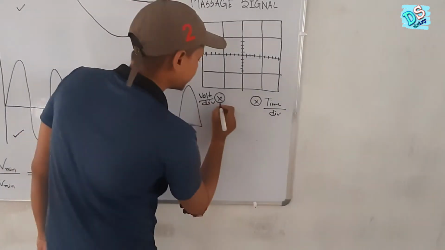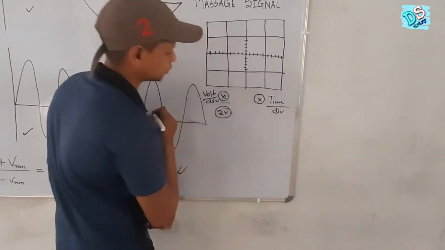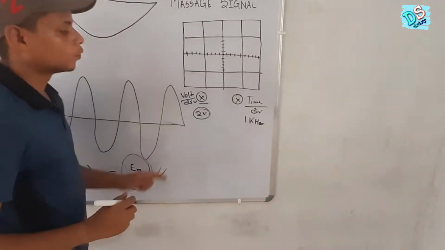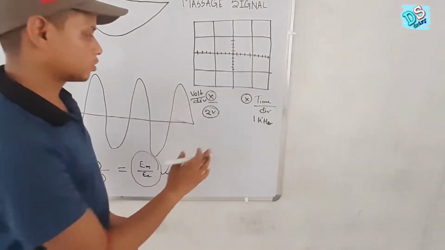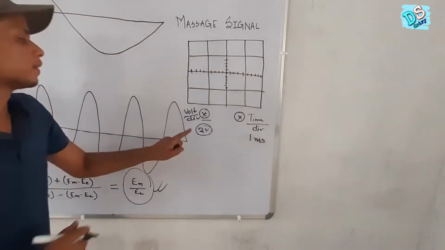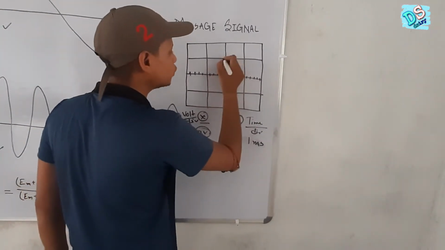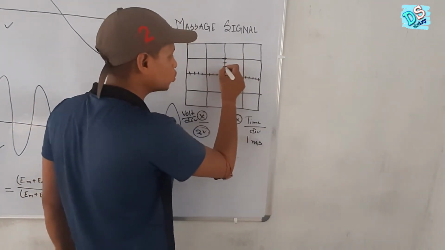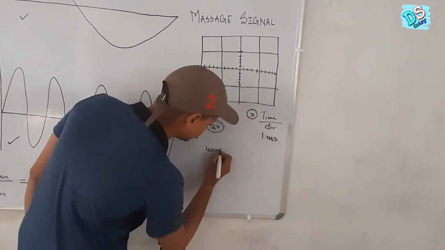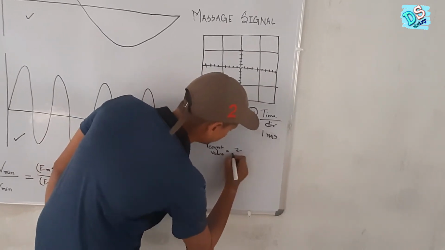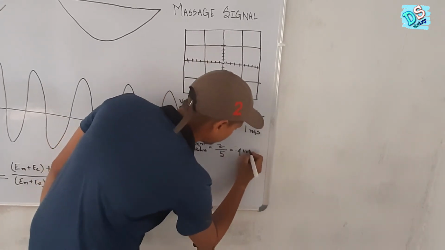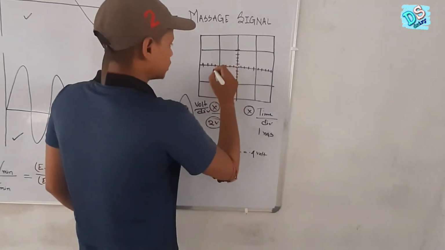Like if here we set it 2 volt per division and time say 1 kilohertz. Okay, 1 kilohertz means, sorry, this is actually time period. This will be millisecond, ms. Okay, now 2 volt means from here to here the value is 2 volt. Means the 5 count, 1, 2, 3, 4, 5. This 5 counts value is 2 volt. Means 1 count value equals 2 by 5 equals 0.4 volt. And suppose this is the signal.